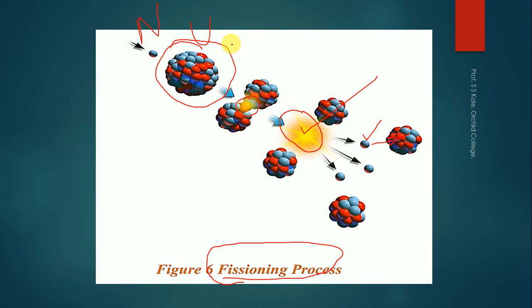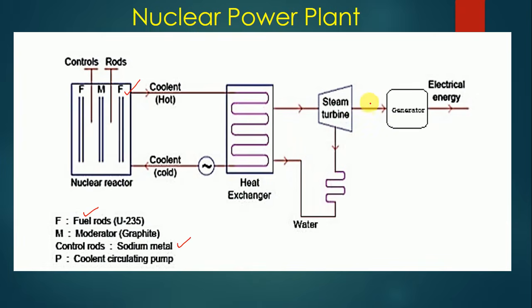The major advantage of using a nuclear power plant is using uranium as a fuel, because uranium is available in our country in ample amount. At the same time, the quantity of uranium required for generation of heat is very less, and that's why it can generate a very high amount of heat throughout the year, and we can generate mechanical energy and ultimately electrical energy in the system. So this is what we have discussed about the nuclear power plant, which is very similar to a thermal power plant. Thank you very much for listening.